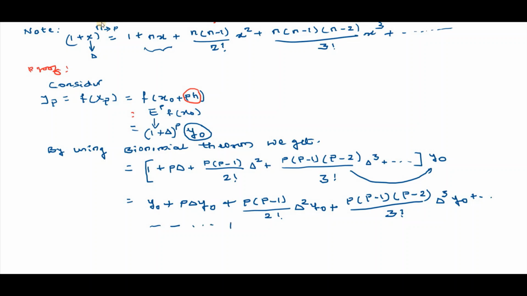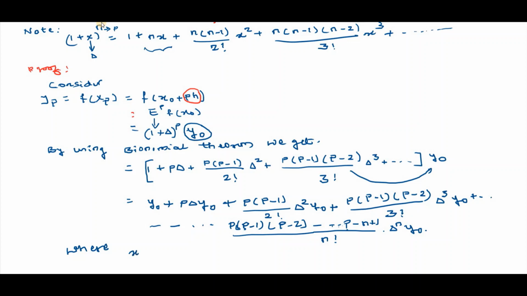At last we can write p into p minus 1 into p minus 2 up to p minus n plus 1, whole divided by n factorial into delta raised to n y naught. So this is called Newton's forward interpolation formula, where